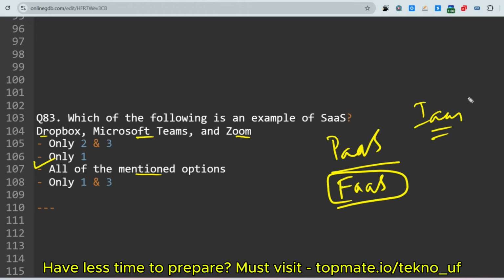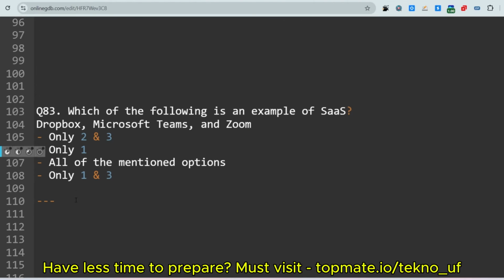You can practice those by commenting, and by commenting you can also motivate me. Also give me one example of a PaaS platform, and one example of an IaaS platform, that is Infrastructure as a Service. Okay, so let me go to the next question.